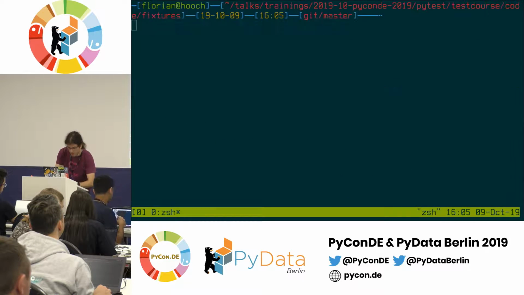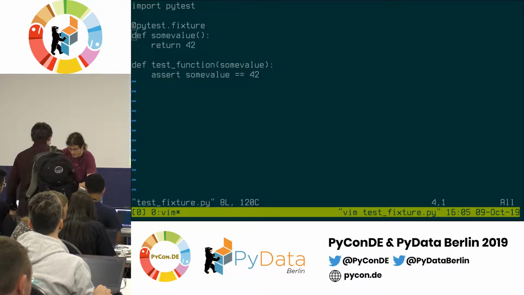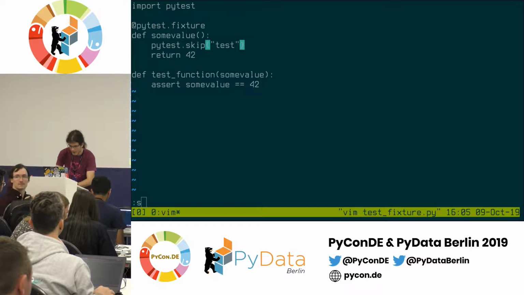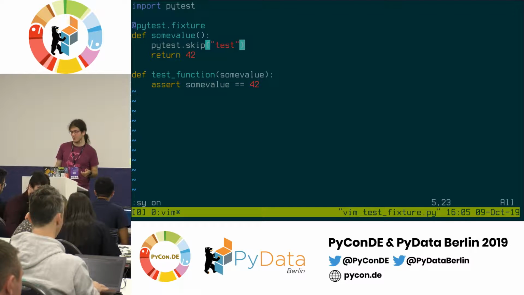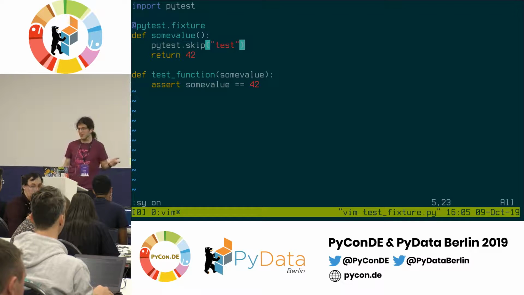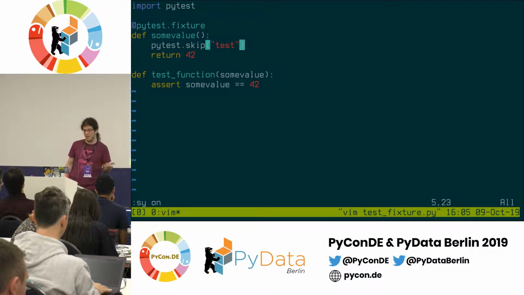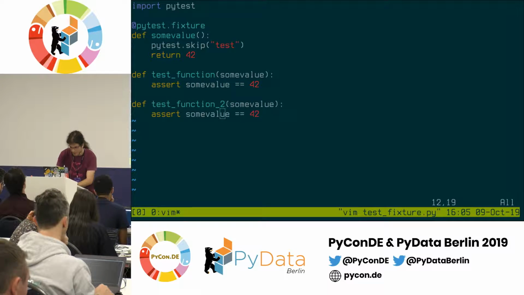And what you will see when you use skip inside a fixture, for example, something like this. So inside the fixture, we say, hey, we can't run this test for some reason. For example, if you add a fixture maybe for a database backend, and that backend isn't available, you could call skip inside the fixture. And then what you will see if we add another test function here, which uses that fixture,